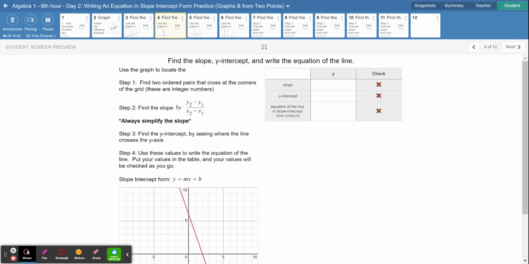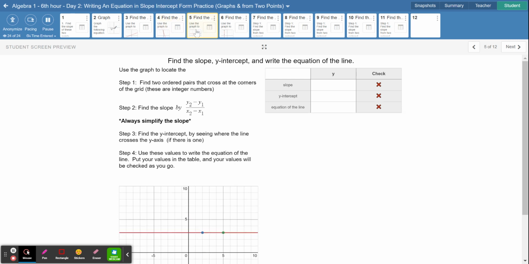Same thing with number 4. I'll let you do that one on your own. Number 5, this is a special case. So if you looked on Monday's notes or the slope graphing from slope-intercept form notes, these are the back questions. So whenever you have a horizontal line, the slope is 0. And the reason why is, let's say this is 2, 3, and then this is 5, 3. y2 minus y1 over x2 minus x1